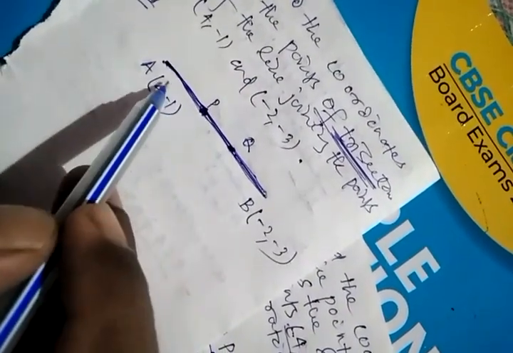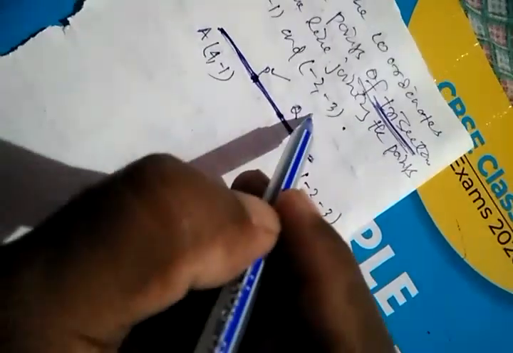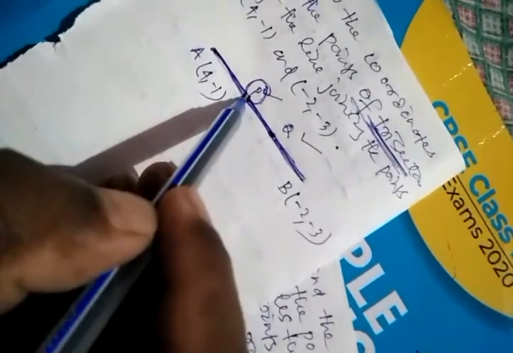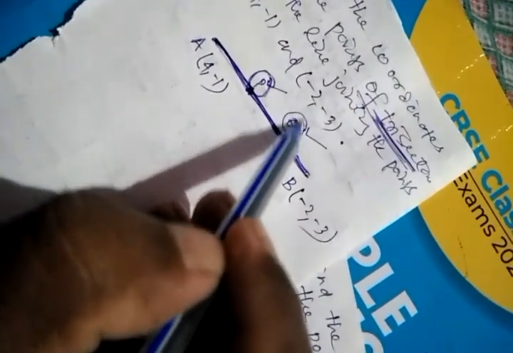Now equally divided 3 parts, AP, PQ, QB. All 3 parts are equal. So that's why we took 2 points on the line AB. So for the point P, what is the division of the line? AP and PB. For the point Q, what is the division of the line? AQ and QB. So you are asked to calculate coordinates of P and coordinates of Q. So here to obtain the coordinates of P, the ratio will be 1, and to get the coordinates of Q, the ratio will be, okay. So you have to write here P divides AB in the ratio.